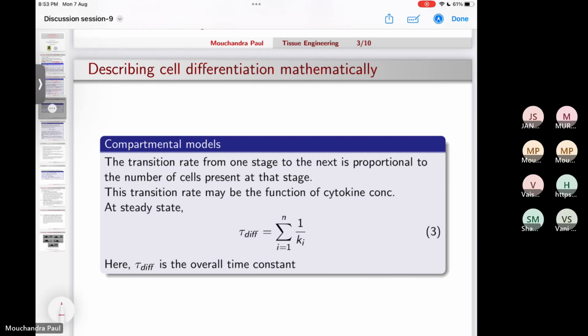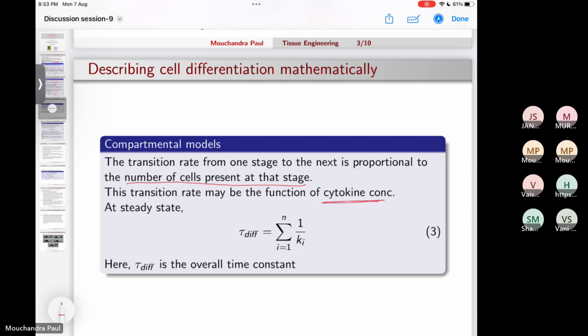Now this transition rate from one stage to the next is proportional to the number of cells present at that stage. Meaning if the number of cells present at, say, the ith stage is very large, then the rate at which they will move to the next stage i+1 will be high. So this is a proportional thing, and this transition rate may also be a function of cytokine concentration,